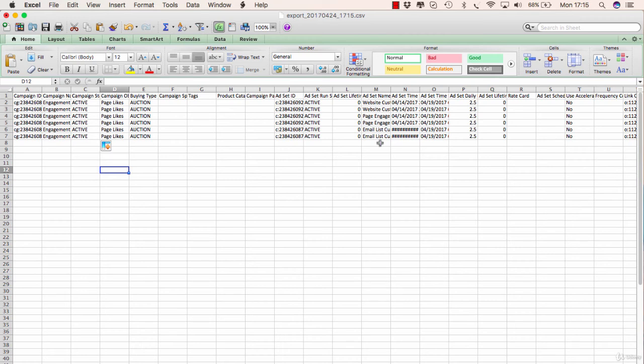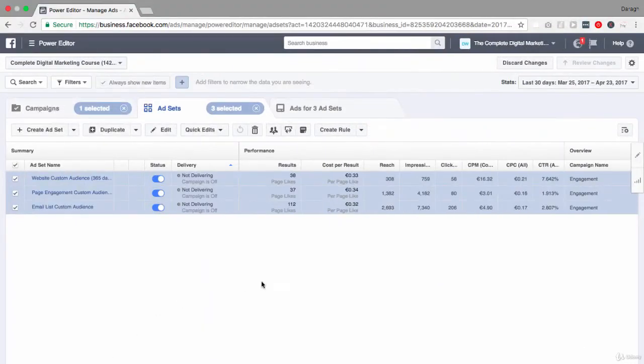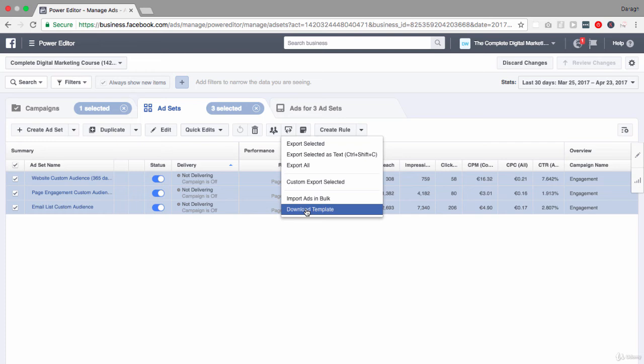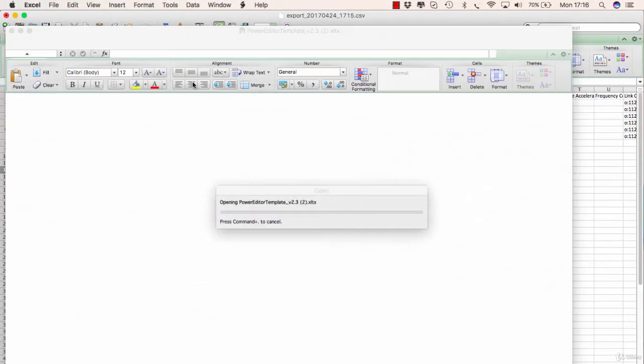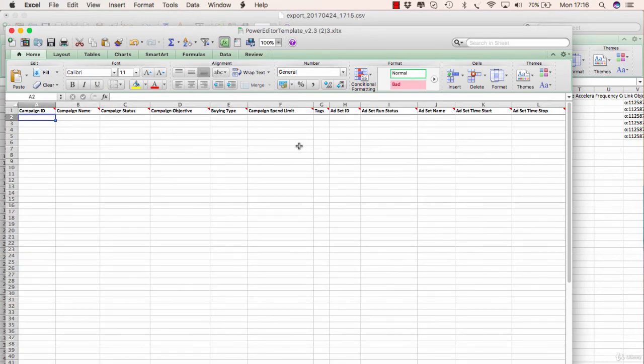Now, as you can imagine, you would have to probably have a lot of ad sets and ads to really justify exporting it, doing it this way, but it is great to know that this option is available. Now, there's another reason that you might want to use Excel in order to create campaigns either as a freelancer or as a business owner. And that's because you could actually give someone a template. You can see download template here and ask them to create campaigns for you. Or if you're working as a freelancer, create campaigns here, send them to people,